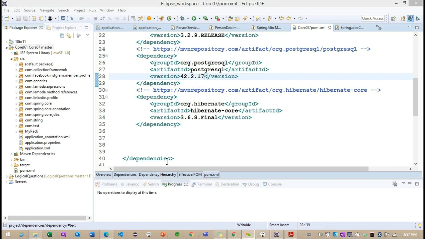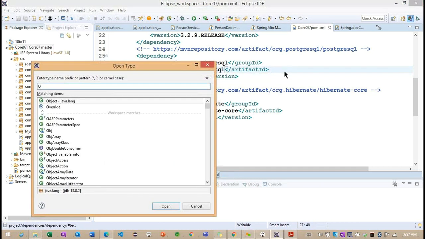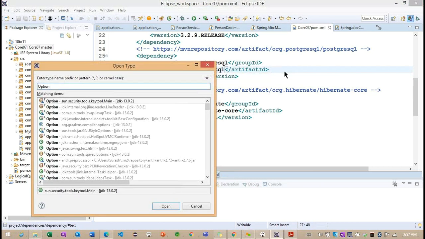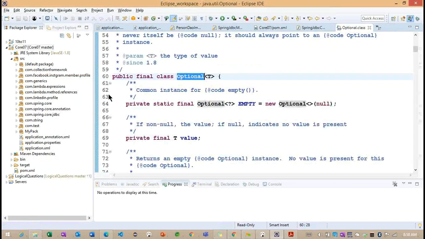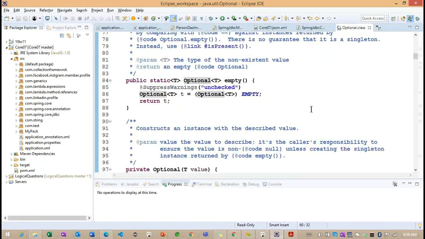So regarding Optional, basically Optional is one class here. We don't want to discuss it in much detail, just to see what information we have here. Optional class. Now you can see it is a generic class, and internally it is checking the empty method.